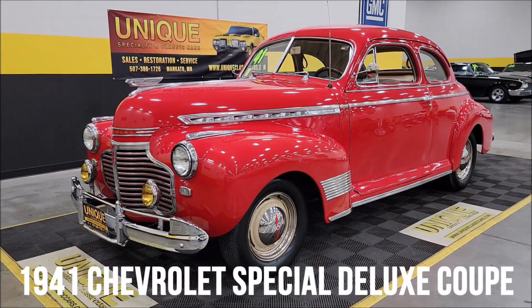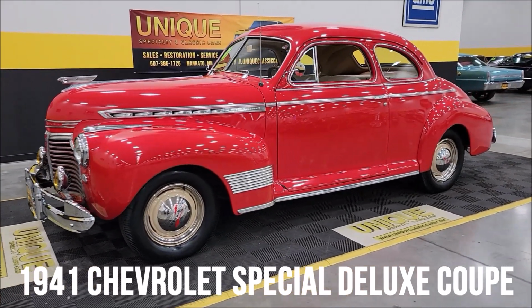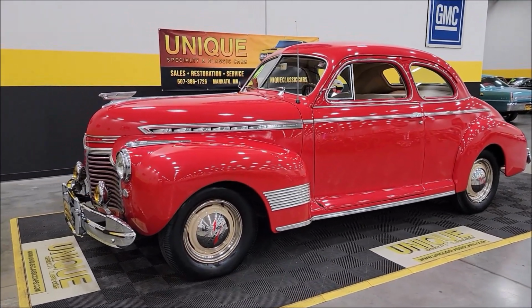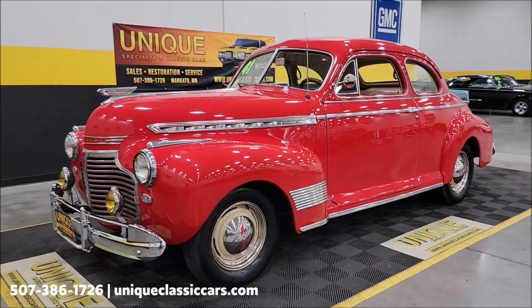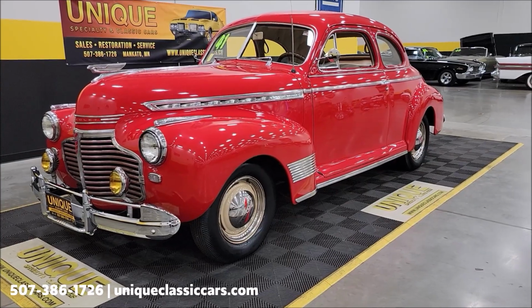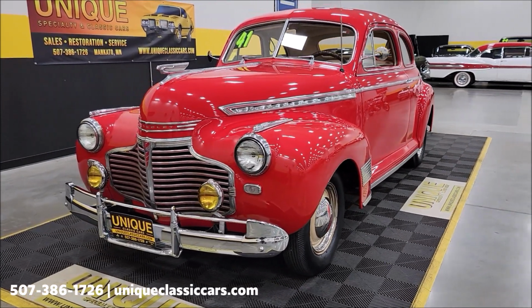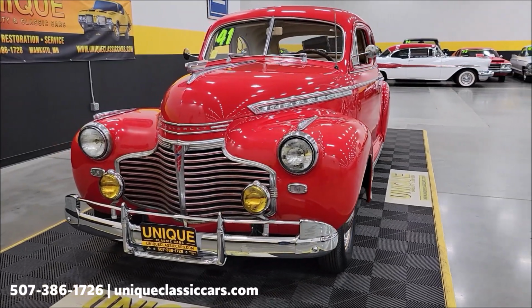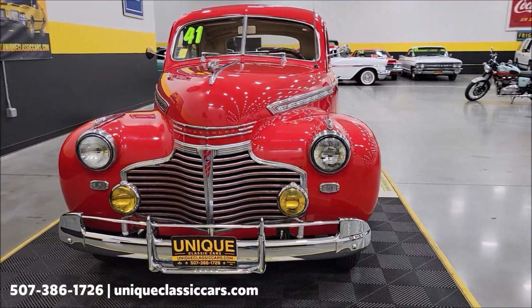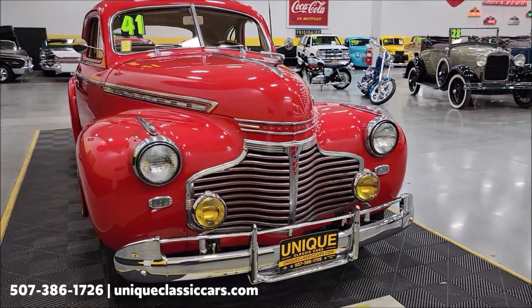1941 Chevrolet Special Deluxe Coupe. This particular car came out of long-term storage, was with the same gentleman for 15-plus years, and unfortunately no longer with us. The family brought this and a few other cars to be sold for them, and we got it running. We've driven it on our frontage road, around the parking lot, what have you,